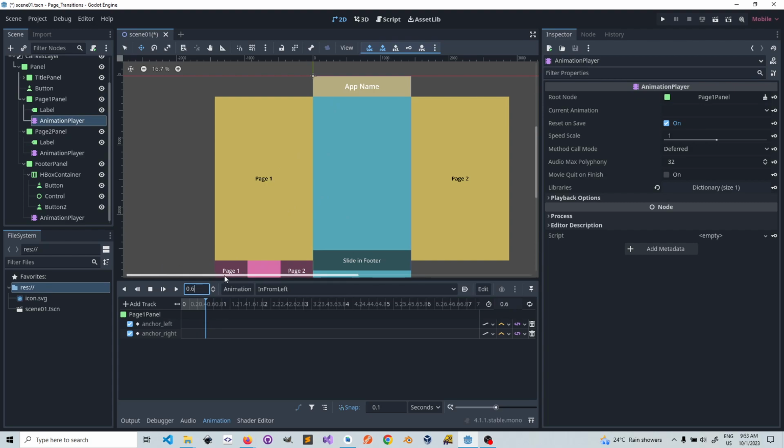Even for the controls it's the same thing. Okay, so after that we're going to come back here. I think the first thing we do is we should create that reset animation, but maybe not. Okay, let's just leave the in from left. Okay, so now I move this slider to the beginning of the animation clip. Now I'm going to go and create what they call